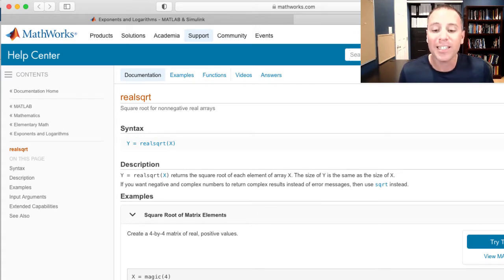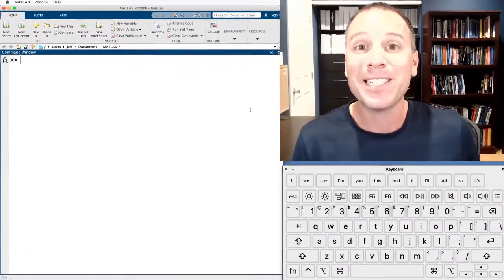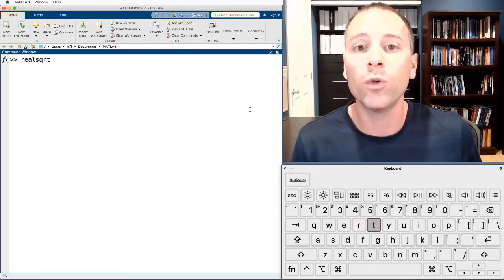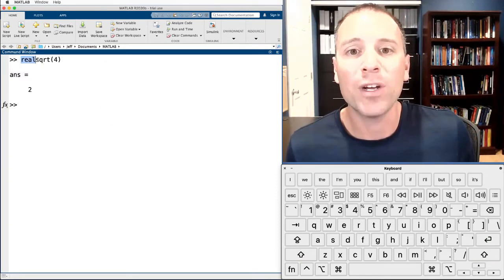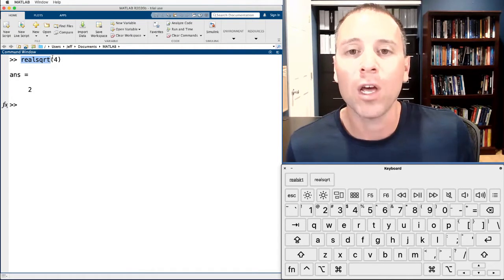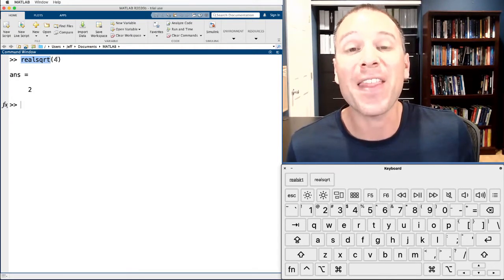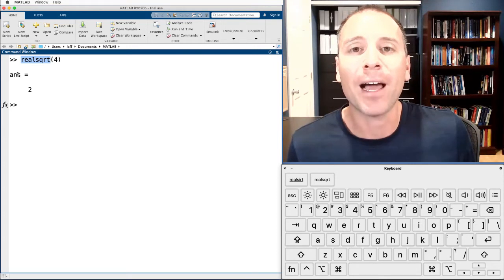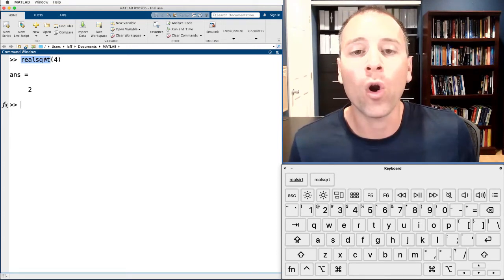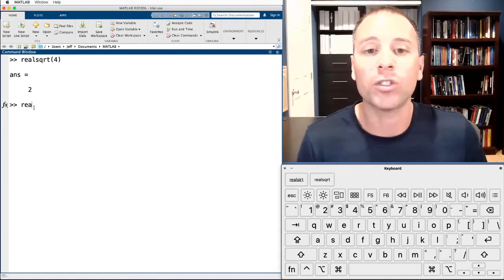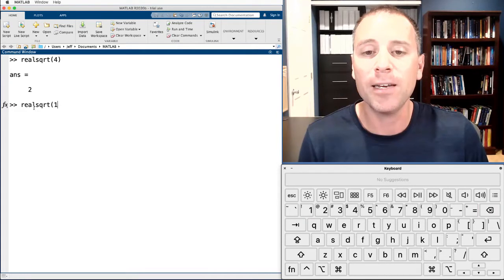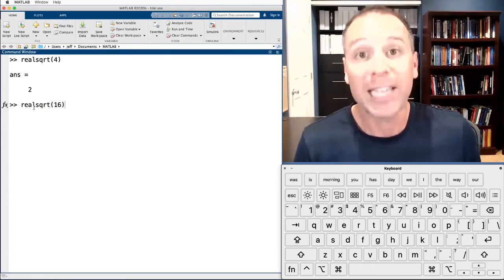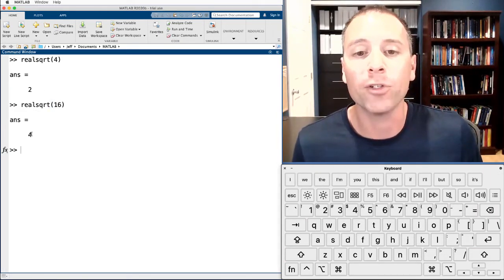But for now, let's go ahead and see how we could use the real square root function in MATLAB. Specifically, let's go ahead and find the real square root of the number 4. Notice that when I did this, I was entering this set of symbols, open parentheses, close parentheses, and then the input to that function is 4. And MATLAB is saying the square root of 4 I'm calculating as 2. I could also take the real square root of perhaps 16. Let's go ahead and look at what that looks like. Guess would be 4. Lo and behold, I produce 4 out.